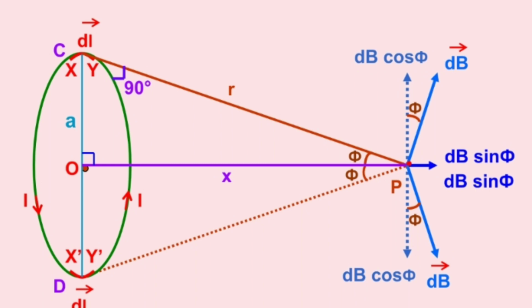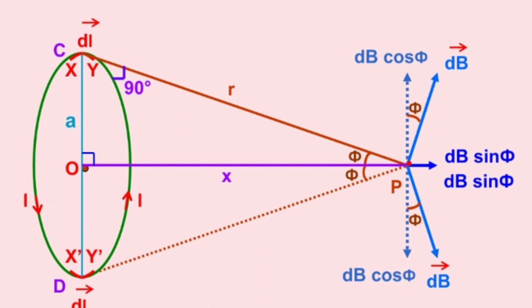Now you can see in the figure that the dB cos phi components are cancelled out because they are diametrically opposite components. So all the dB cos phi components will be cancelled, and the dB sin phi components will account for the total magnetic field. So we will add up all the dB sin phi components to get the magnetic field. The total magnetic field will be obtained by integrating these dB sin phi